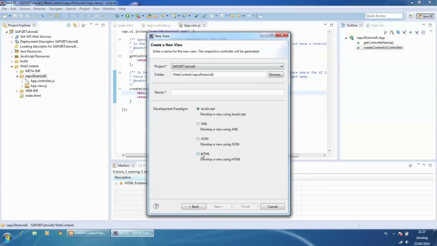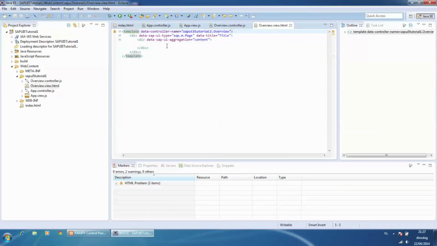We select HTML and call this view Overview. On this view we will add a label and a button. This will allow us to navigate to the next page.